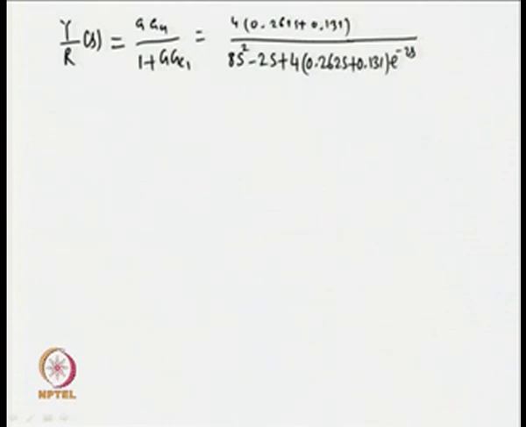Now, there is one delay term as well in the numerator. Let us assume that e to the power minus 2s be represented as e to the power minus s upon e to the power s, which can be approximated as (1 minus s) upon (1 plus s). With this approximation for the time delay, it is possible to get the expression for Y upon R(s)